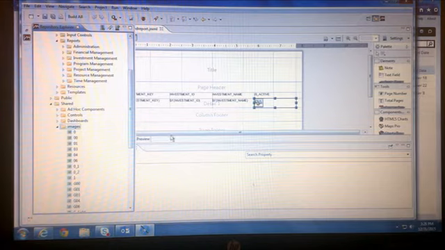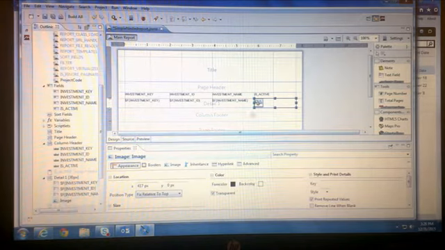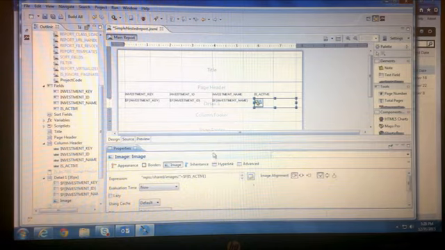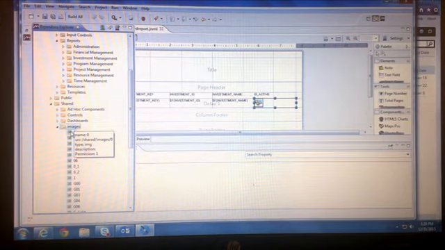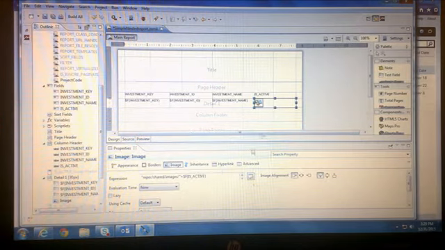Now I don't like to write if-else expressions, so what I've done is I have given the name of the image exactly matching the value in the record. So is active returns 1 or 0. So I may name the images as 1.jpg, 0.jpg. When you copy the images into the repository, the extension vanishes. So if you see here, the URI says /shared/images/0, and that's what you want to put in the expression here.